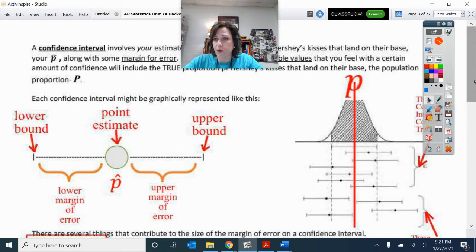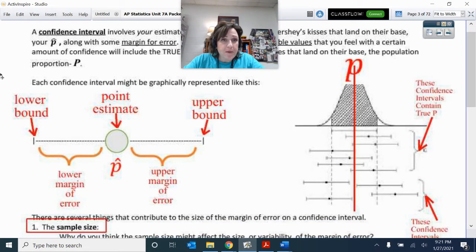So here's kind of an example. Here's what a confidence interval looks like. Here's a graphical representation of it. So we would draw a dot on a number line of where our point estimate is, our p hat. Okay, and then we would have the lower bound, which we'll compute. We take this margin of error, we'll compute that as well, and we'll subtract it to get to the lower bound, and then from our point estimate, our p hat, we'll add that margin of error to get to the upper bound.